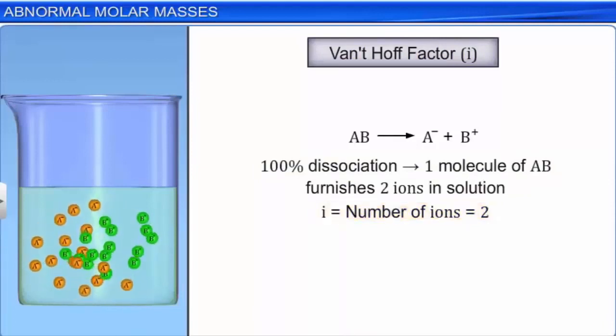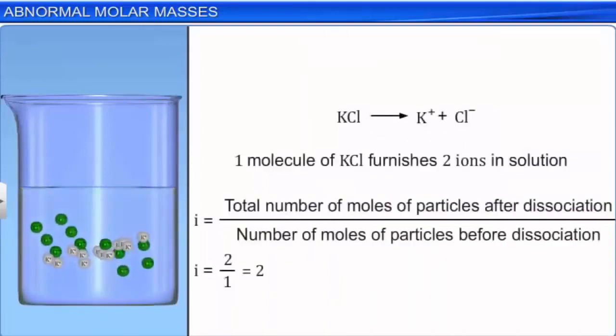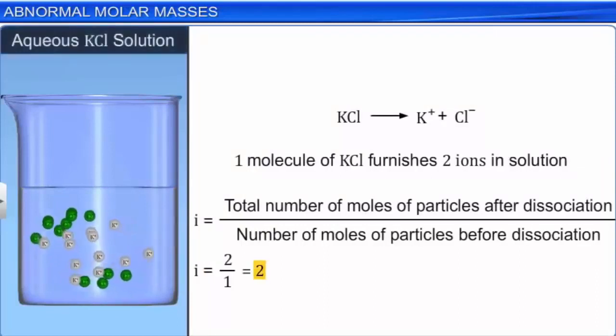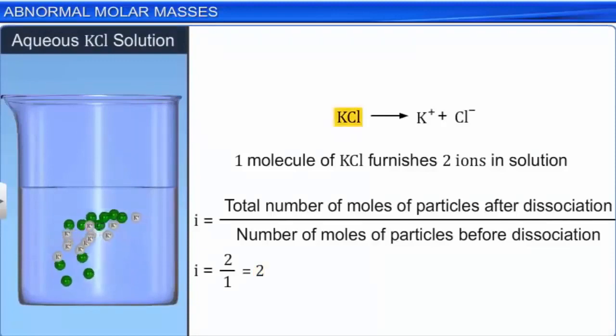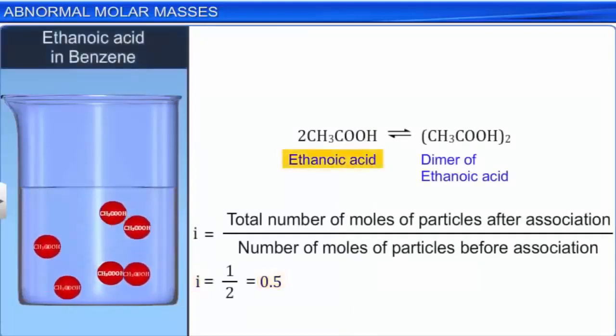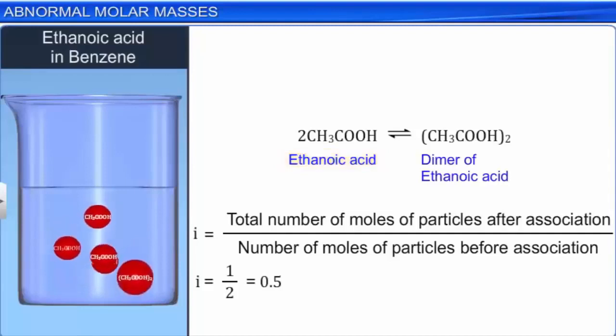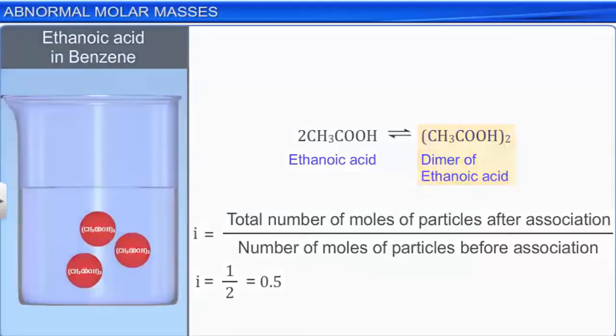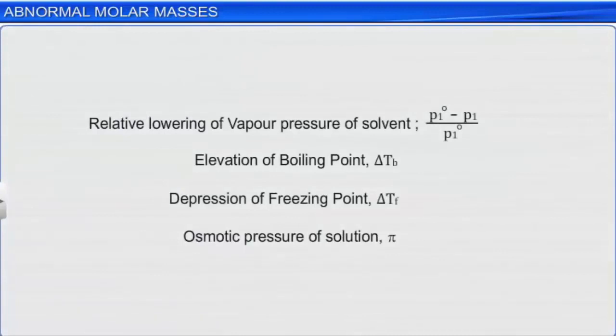For example, the value of i is 2 for aqueous KCl. This signifies that KCl has dissociated completely into potassium and chloride ions. The value of i equal to nearly 0.5 for ethanoic acid in benzene, which signifies that nearly the entire ethanoic acid has undergone association and exists as a dimer. The modified equations for colligative properties using van 't Hoff's factor can therefore be written as